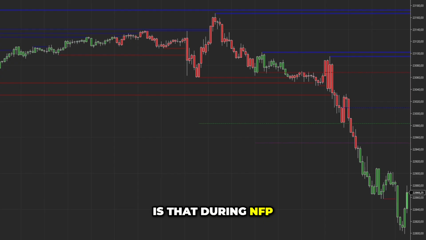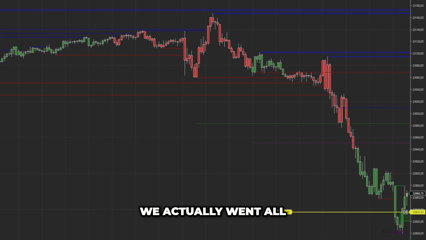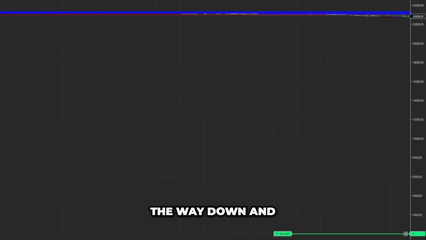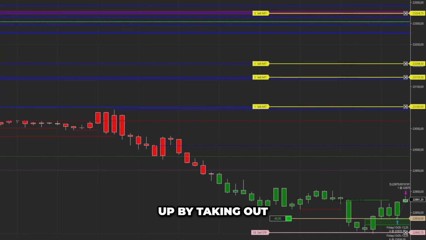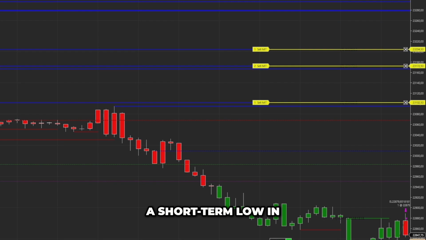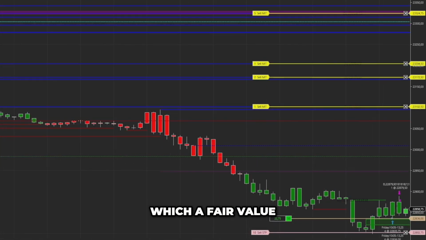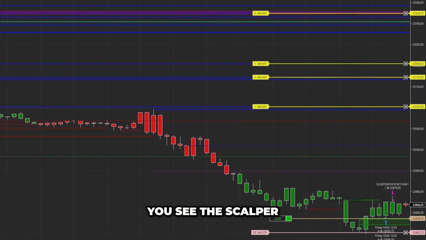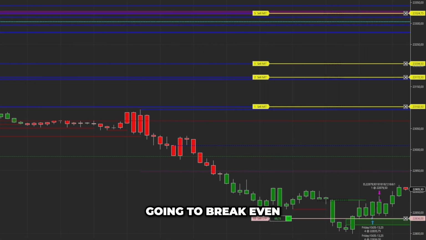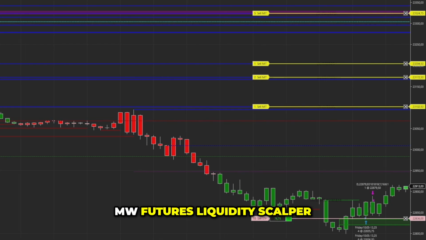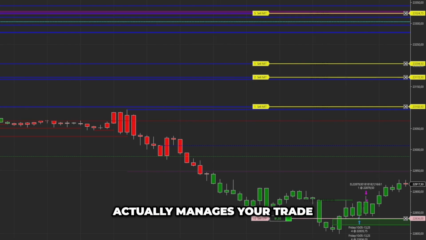What you can see is that during NFP, we actually went all the way down, leaving only buy-side liquidity pools. This is eventually followed up by taking out a short-term low in which a fair value gap has been created. You see the scalper entering with 10 contracts and taking the first trade off and eventually going to break even. This is a perfect example of how the NW Futures Liquidity Scalper actually manages your trade with a solid